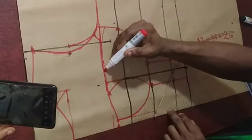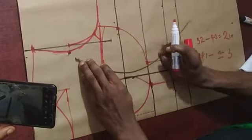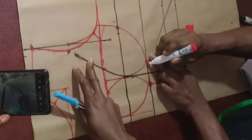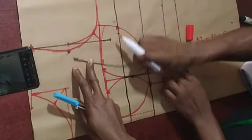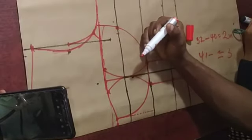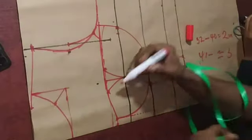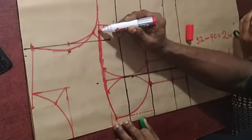So as you can see this particular dart area, are you seeing it? So we are still going to connect the dart to finish this particular point. Okay, so as you can see, we have finished constructing it. Please remember what I told you. If you feel this place is lower, do you understand? If you feel that it's going to show part of your body,